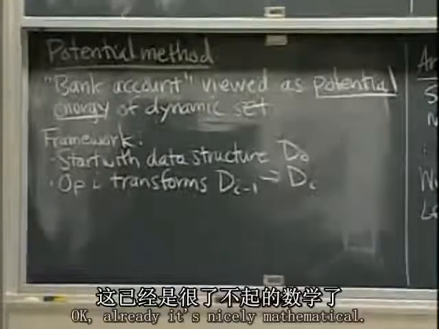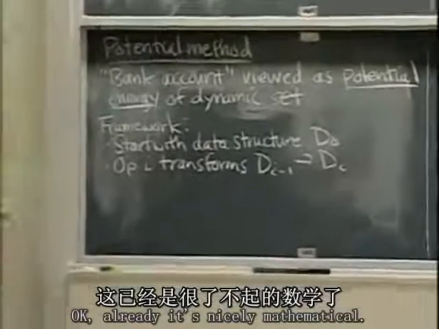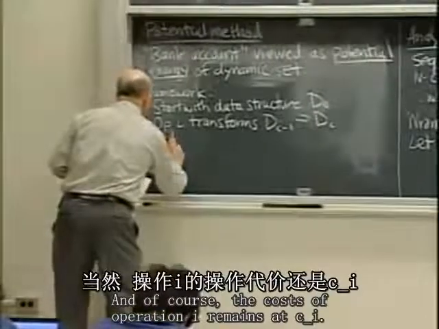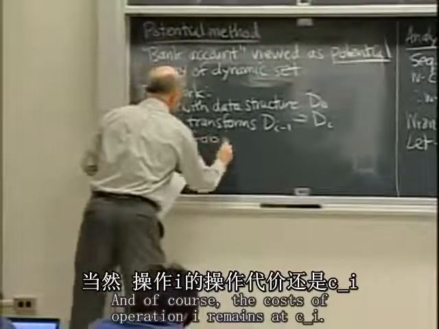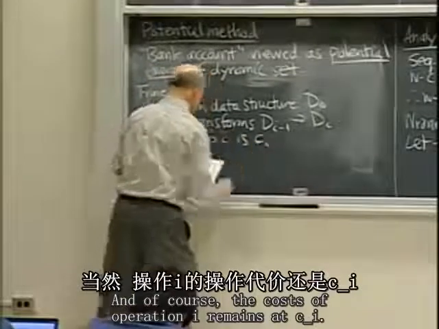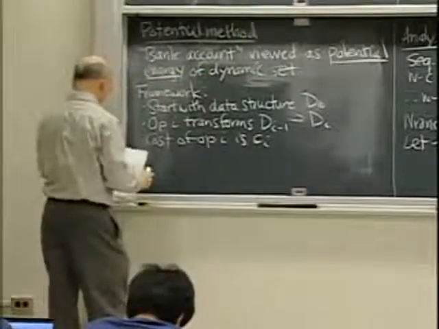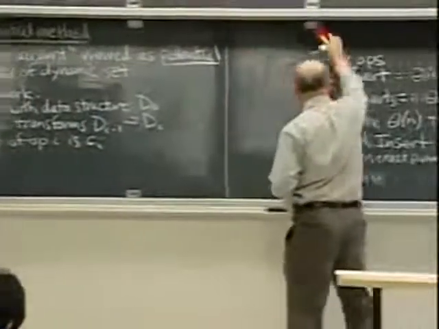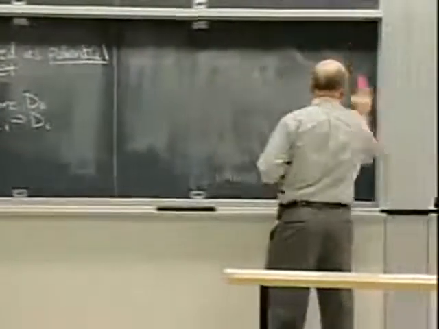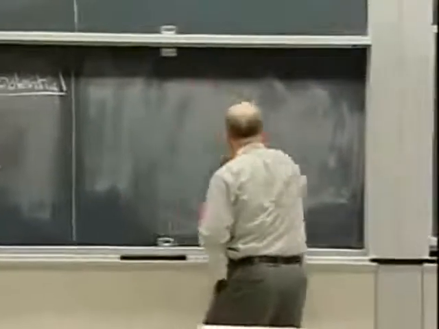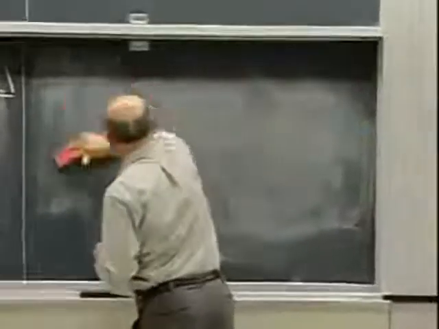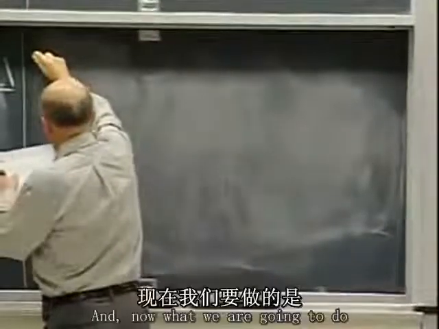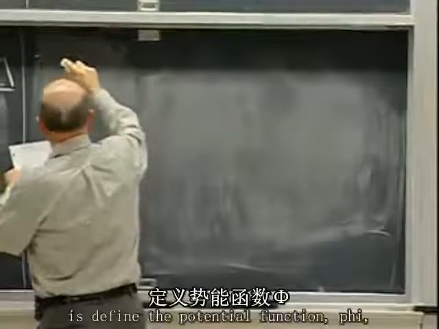It's nicely mathematical. And of course the cost of operation i remains at c sub i. And now what we're going to do is define